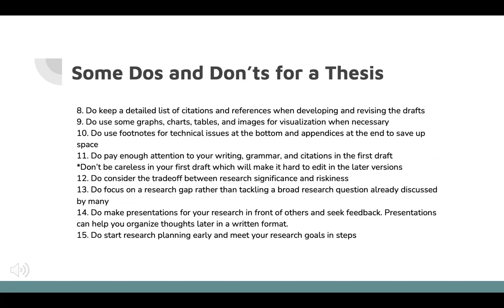And eighth, do keep a detailed list of citations and references when developing and revising the drafts. So keep a detailed record, and make sure that you avoid plagiarism of any sort, so you will not ignore or omit any references at the end.